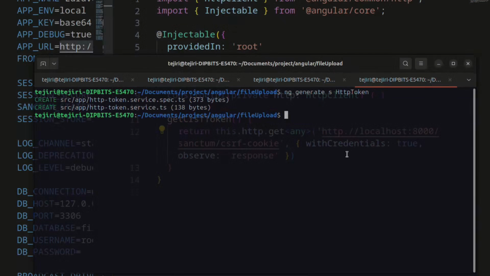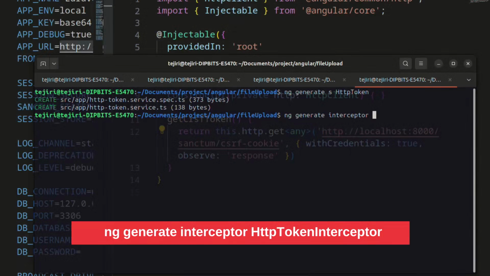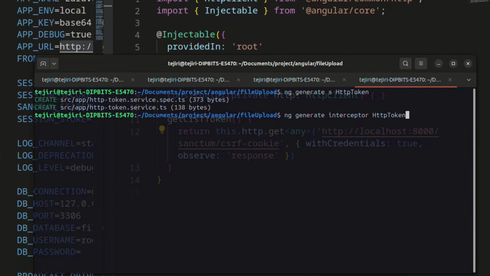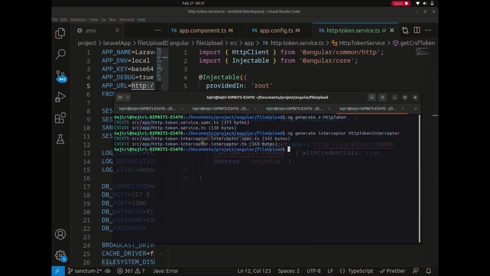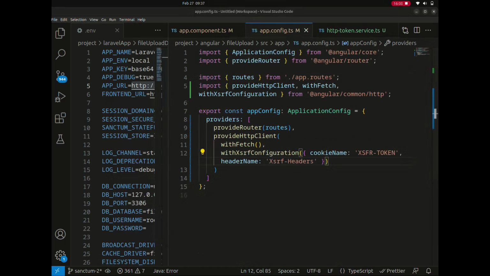This is the Laravel terminal, this is the Angular terminal. So once you type ng generate interceptor, I'll say httpToken interceptor. Right, you hit enter, and so next thing we're going to do is, since we've installed our